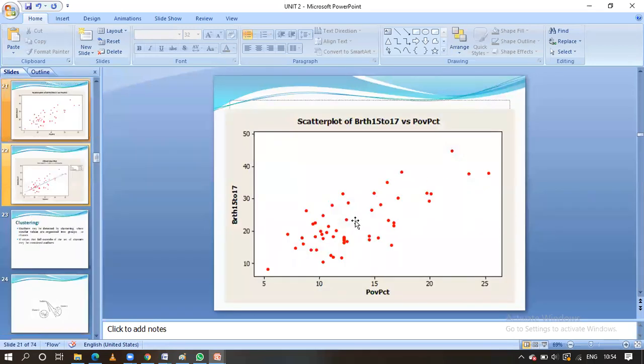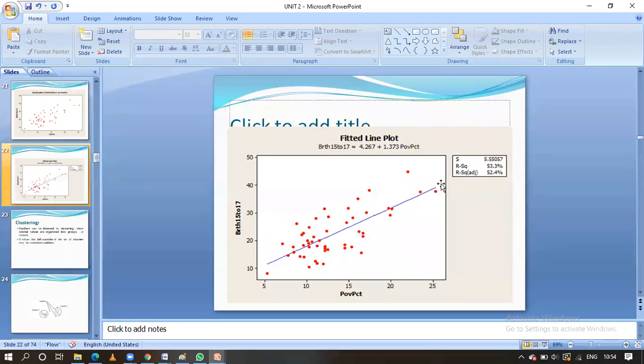Suppose this is the overall data. How are we going to represent this with regression? With the help of a line equation that satisfies the maximum number of points. This is the line equation, guys. Suppose I know one x value, from that I can find the y value at this particular point. In this way I'm going to predict it. Moreover, the points that are very far from this line, we are going to take as erroneous data, noisy data or outliers. In that way we are going to find the erroneous data.